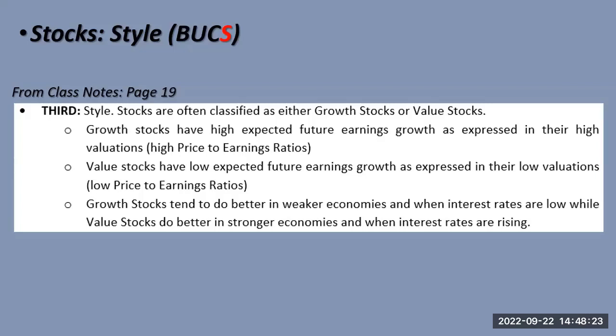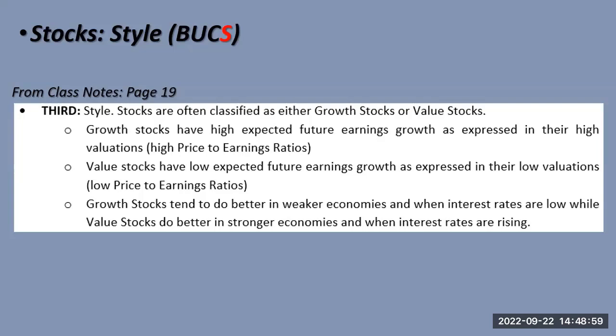All right, so think of value stocks as being somewhat like low quality bonds and growth stocks being like high quality bonds. If you think about it, you're going to associate it. That's why this year is such a strange year. Growth stocks also tend to do better when interest rates are low. Now, why is that? Well, because growth stocks, so much of their value is way out in the future because they're growing fast. So when interest rates are low, the discount rate's lower, and so their valuation's higher. When interest rates are higher, their discount rate's higher. So much of their value is way, way, way out there. They tend to get lower valuations.